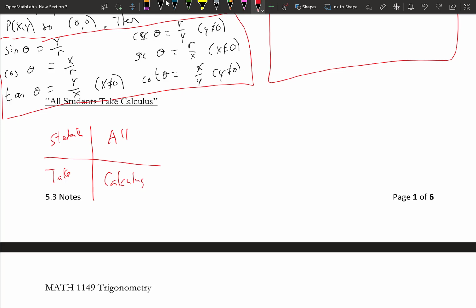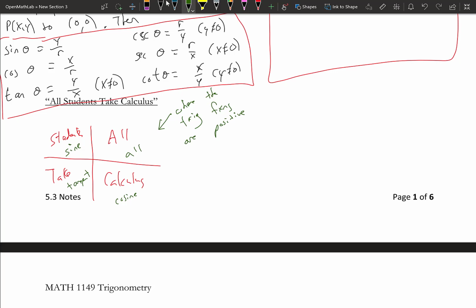And so what this A stands for is all. That remains. The student stands for sine function. The T in take, that's the tangent. And the C for calculus is for cosine. So what that does is that reminds us where things are positive, right? So this shows where the trig functions are positive,